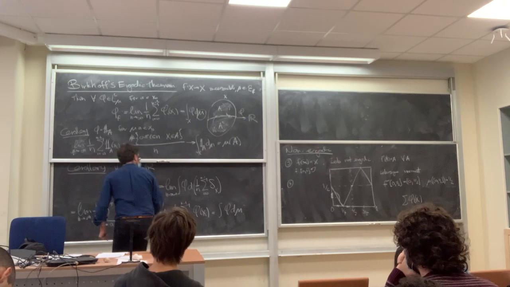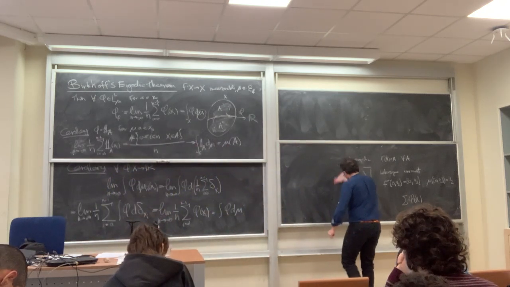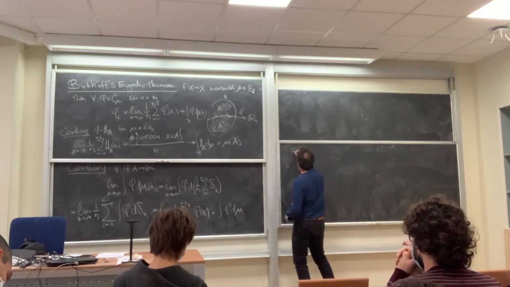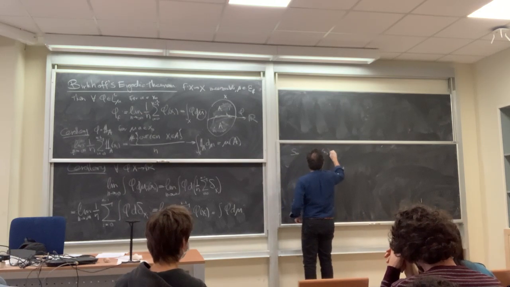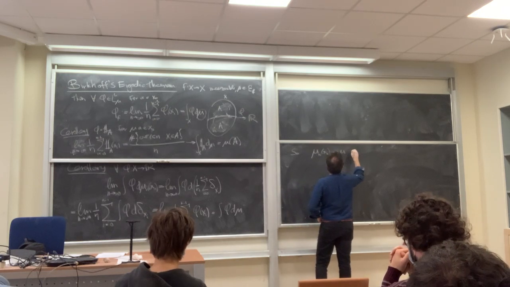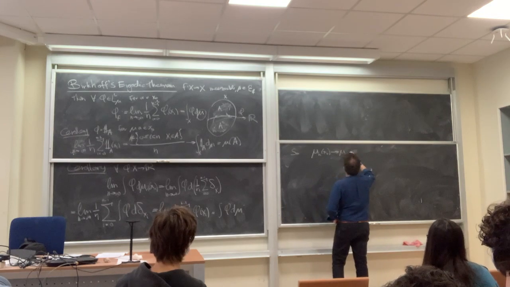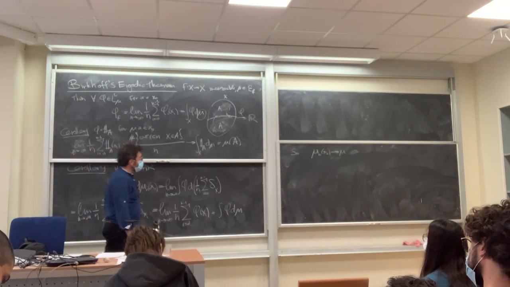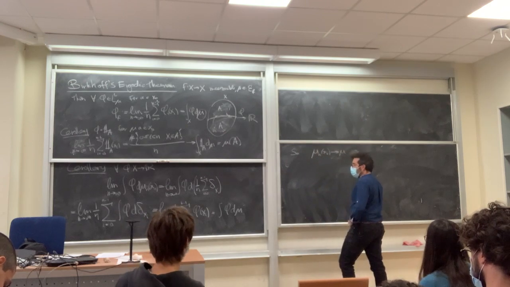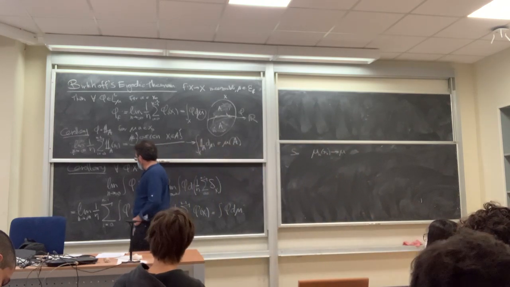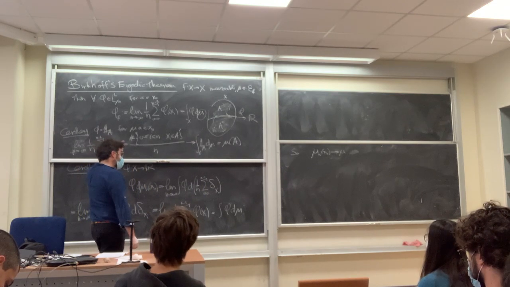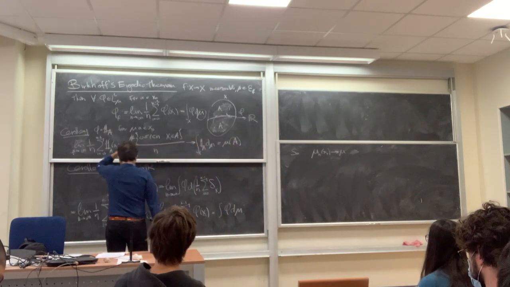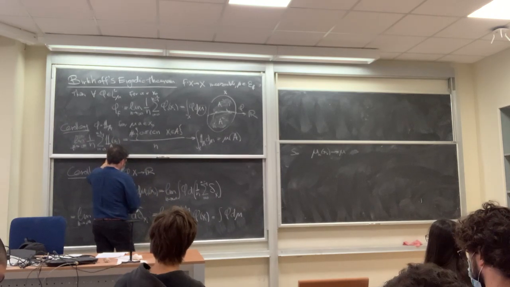So mu_n x naught converges to mu, and the Weak-Star converges to mu. So does that mean that the basin, so this means that x naught is in the basin of mu? Okay, so wait, this is for almost,